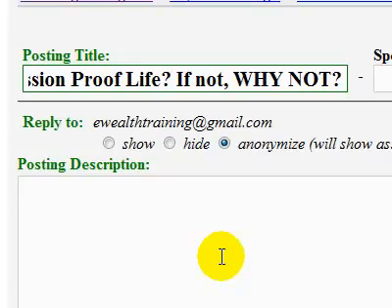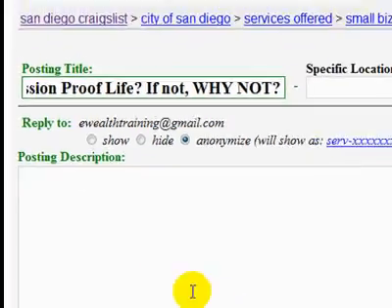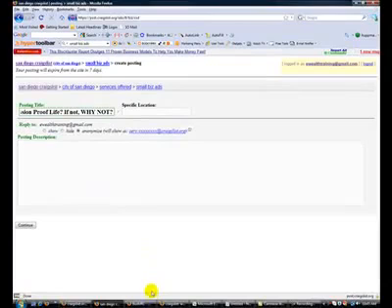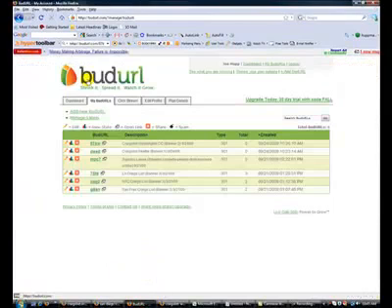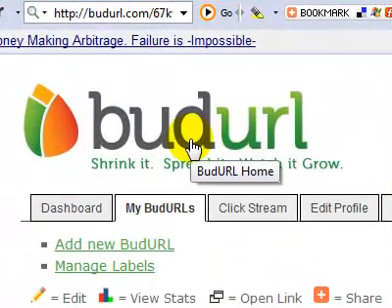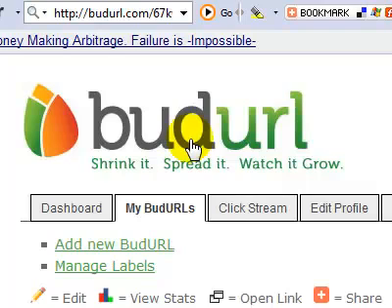Now, before I do that, though, I want to be able to track my traffic from Craigslist and see which visitors or which posting in Craigslist is giving me the most traffic. So I'm going to use a free tool called BudURL. So we're going to go to budurl.com. I want you to sign up for an account for BudURL. It's going to give you some paid options or some free options. The free options give you 250 different BudURLs and don't give you all the tracking and statistical analysis you might want,